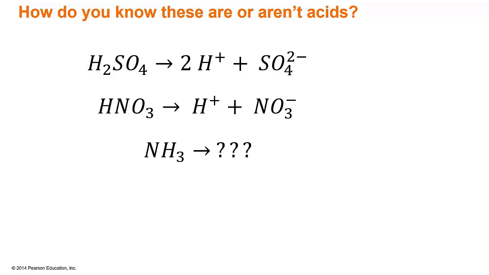But if you have things like this, NH3, hydrogen's not at the front, hydrogen's at the end. Hydrogen is also not in carboxylic acid. Therefore, you're like, what is this? Well, something to note. You need there to be an ionic bond in order for the hydrogen ion to pop